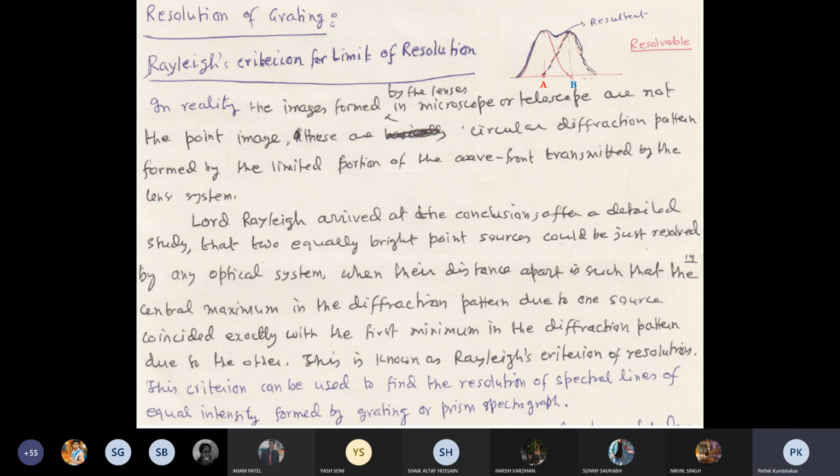Then these two point objects will be clearly resolvable, and this is known as Rayleigh's criterion